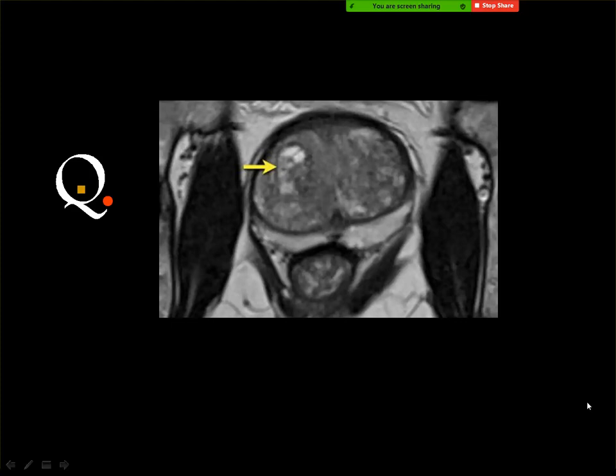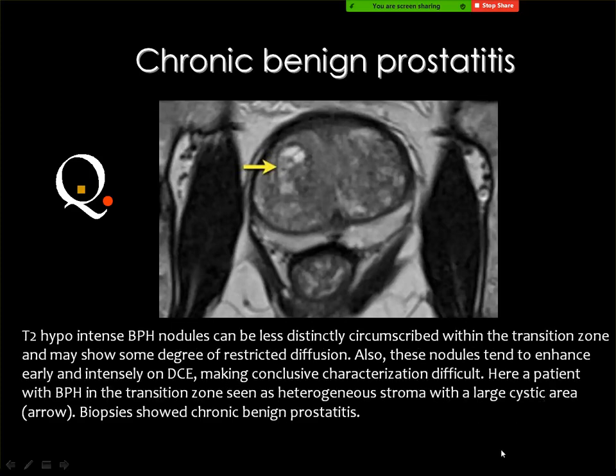Degenerative cyst of the central bladder. This is the prostate, not the bladder. Prostate, sorry. Yes, and this is the central zone, which is markedly enlarged, being the seat of multiple areas of bright signal, diagnostic of benign prostatic hyperplasia. The central zone normally is relatively black, and it is of homogeneous signal intensity, does not contain these areas. But whenever you see this, you think of benign prostatic hyperplasia.